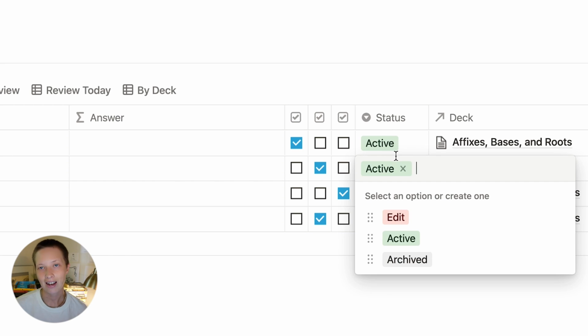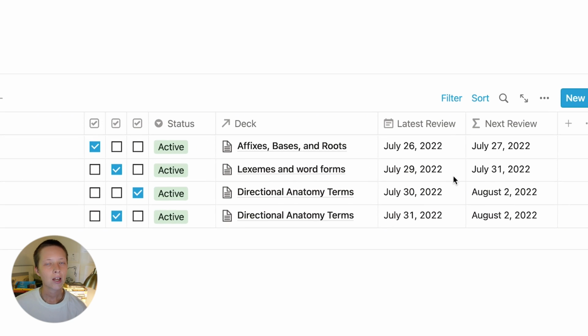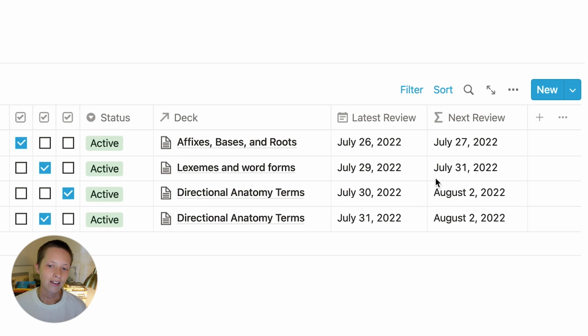I also have a status property for either an active card, an archived card, or a card you want to edit. I also have a relation, of course, to the deck this card is related to, the last time you reviewed the card, and based on your understanding, when you should review it next, which is a formula you can